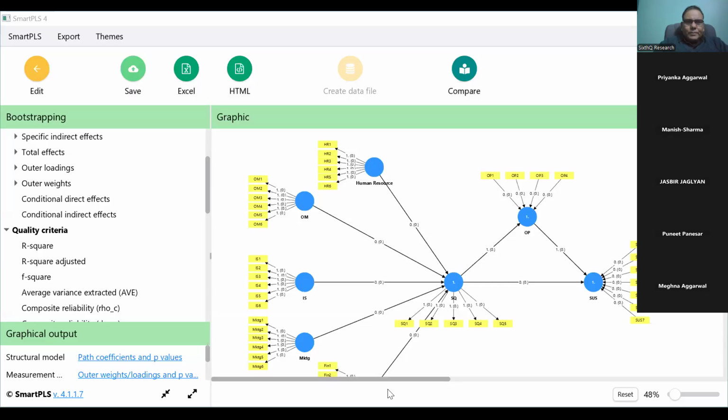सर, इज माई स्क्रीन विजिबल? Going to be visible. It's going to open. हाँ। ठीक है। सर, ये